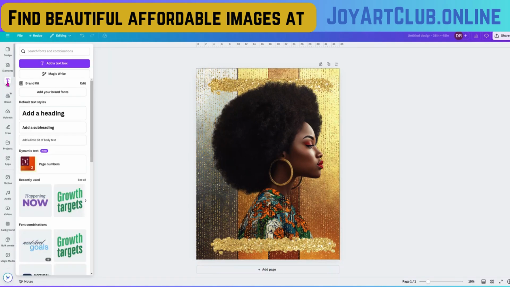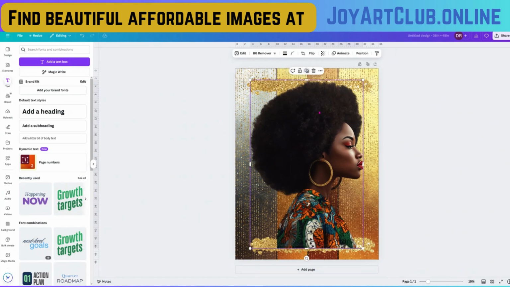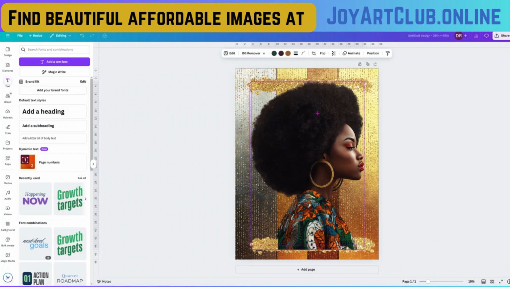So we're going to go to text over here and, well, you could if you wanted to, right? You could put some text on here if you want, but I think really we'll just kind of leave it like it is. I love this. Now, the other thing you could do, you could duplicate her, and there are two ways to